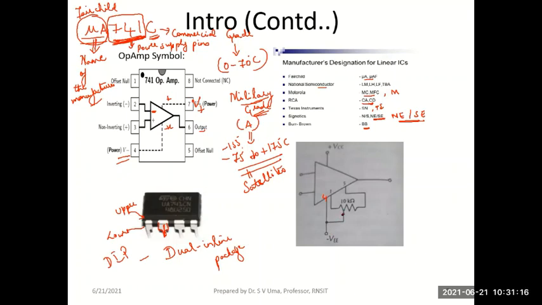By doing this, we'll be varying the potentiometer resistance and the voltage drop which is coming here, so that we can make the output 0. So even when the inputs are shorted and made 0, if we can make the output 0, we have to use this connection. Hence, they are called offset nulling pins or offset null pins. Is that clear? So, pin 8, which was left for future usage, hasn't been used even till today.